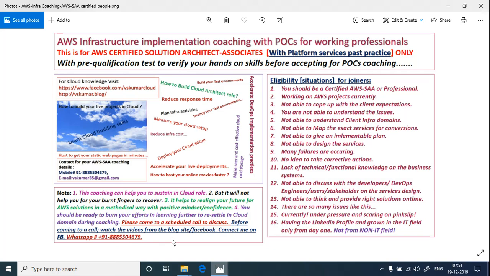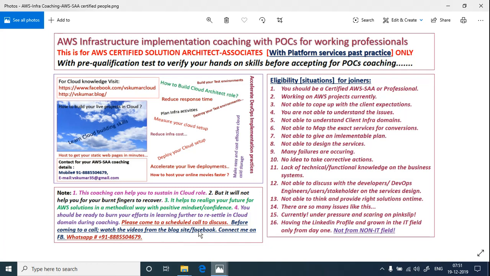Even if any interviewer gives complex issues to resolve within their projects, yes, you will be able to catch up on those things. And if they give a terminal and say, do this setup, I will give you 1 hour, yes, you are most welcome to do those things in front of them and prove it in front of the interviewer or client also, with the POC knowledge from this course.